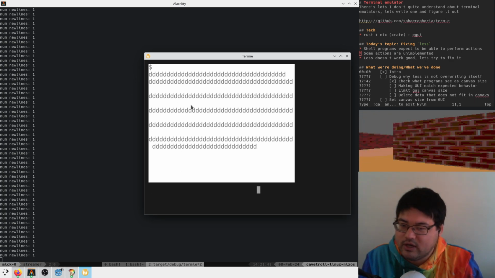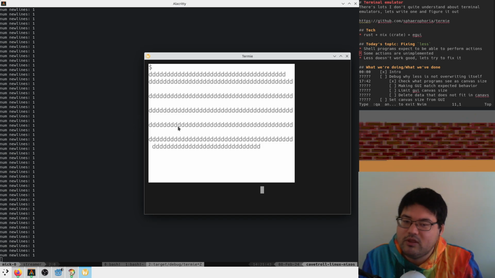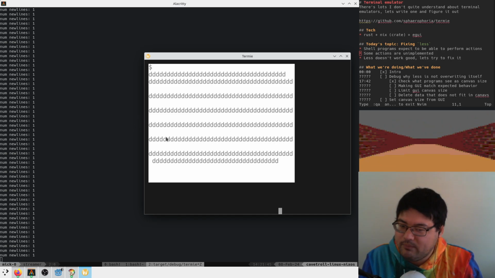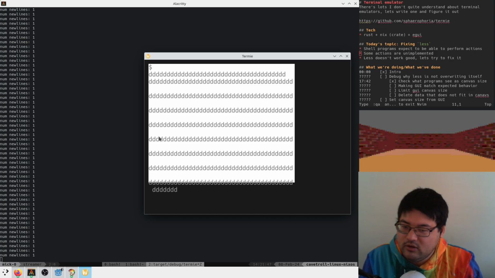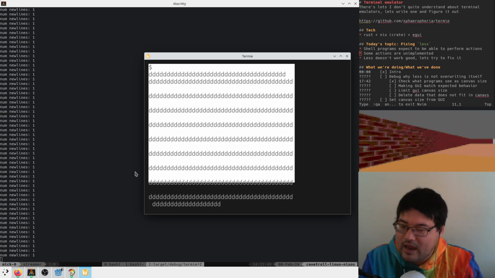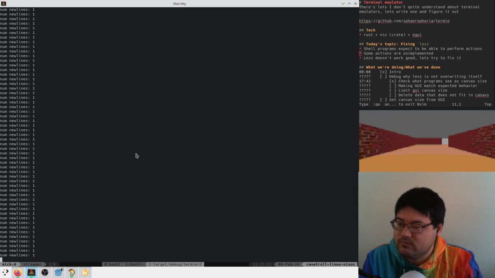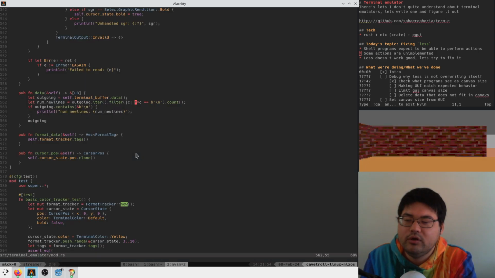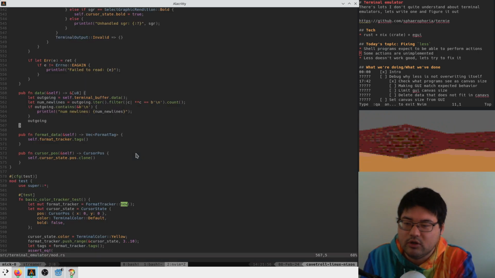Okay, so that's good info. What I would also like to look at is maybe the number of spaces, because it could be that we're doing some stupid padding internally, and adding a whole line of spaces when we shouldn't be. So we could be looking at